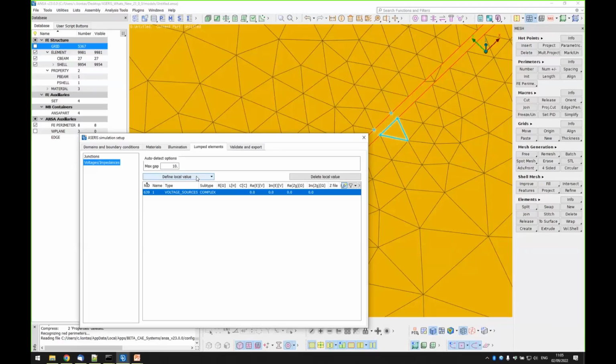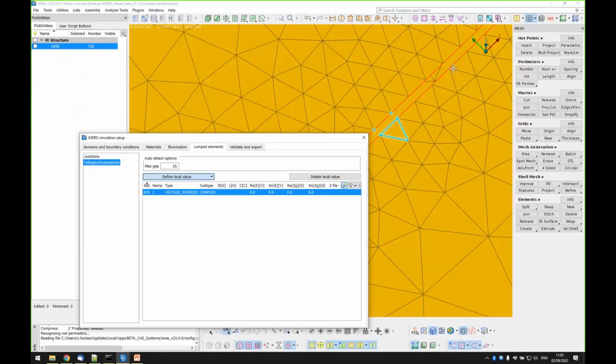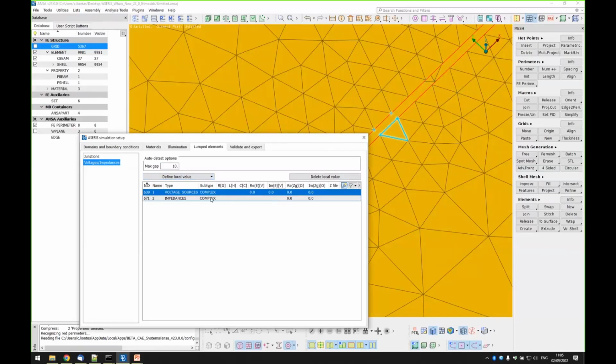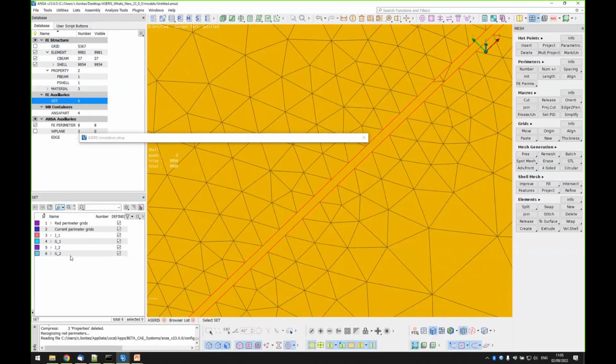So let's say I define a complex impedance here nearby. I can also choose 2 nodes in order to define which edge I want. Because if I select only one node, the closest node on this edge will be chosen. If I choose 2 nodes, I can select whether it will be the right or the left of this node. So here I have 2 sources, one voltage source and one passive impedance. And you can see that the corresponding sets have been automatically created.